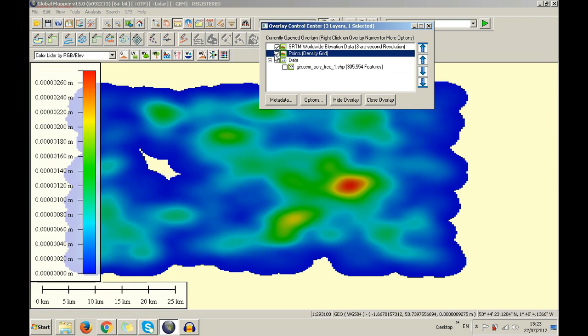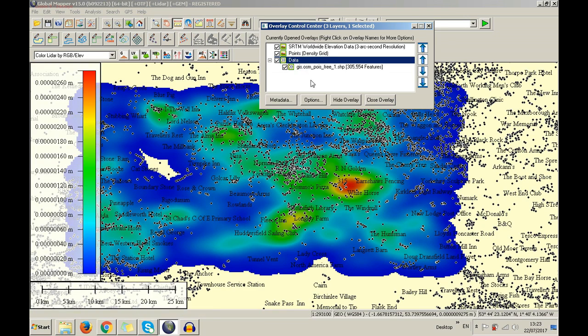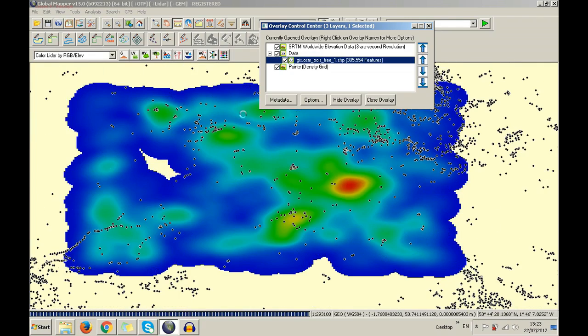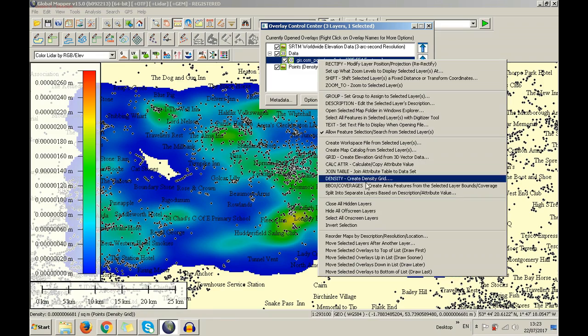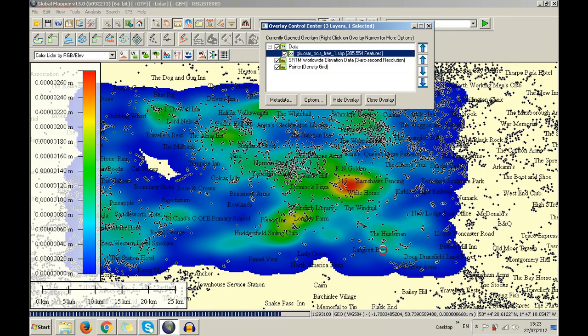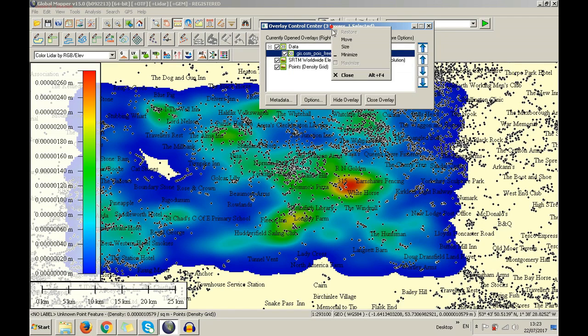You can move selected layers after another file, and then you can just move it there, which it already is there. Draw first, or draw sooner, or draw later, or draw last. Basically, if I draw this data point last, then it will be on top of points. But if I draw sooner, then